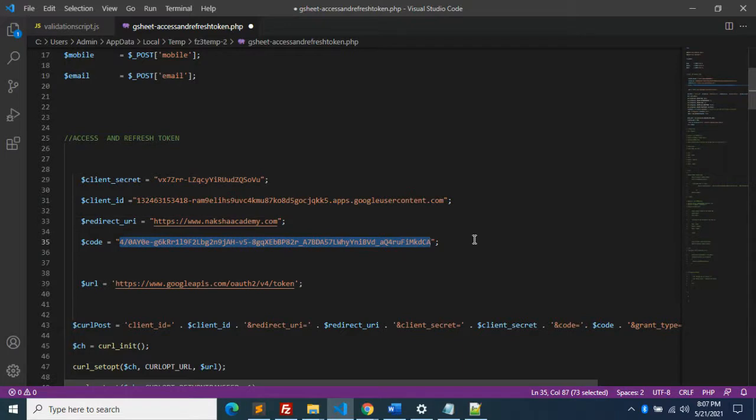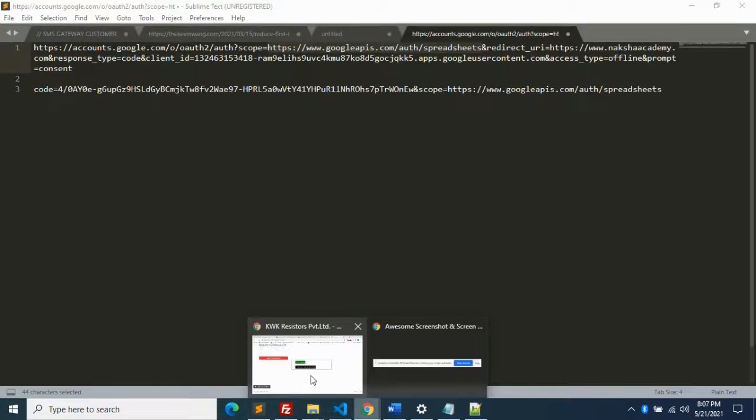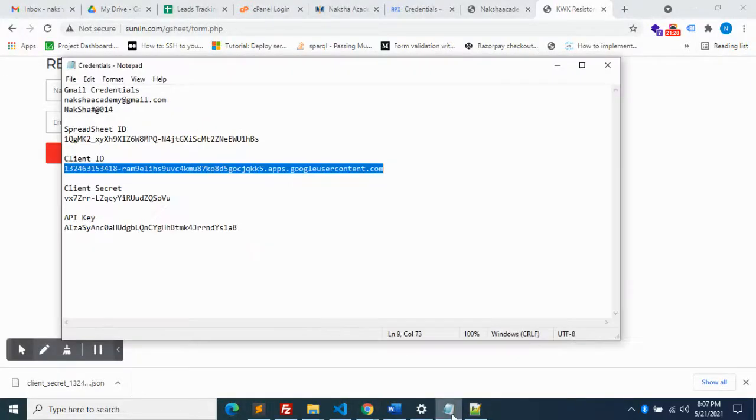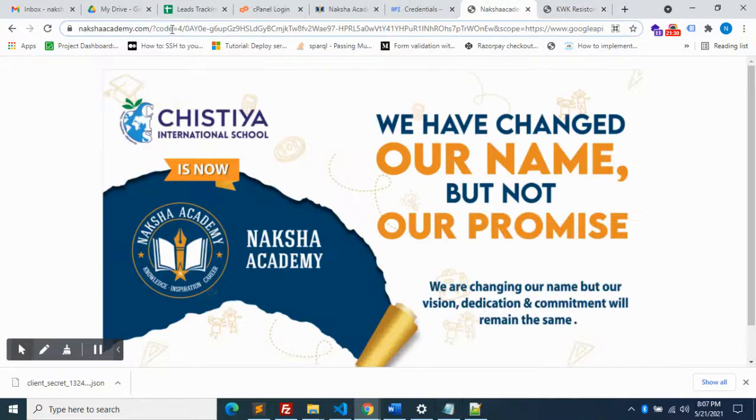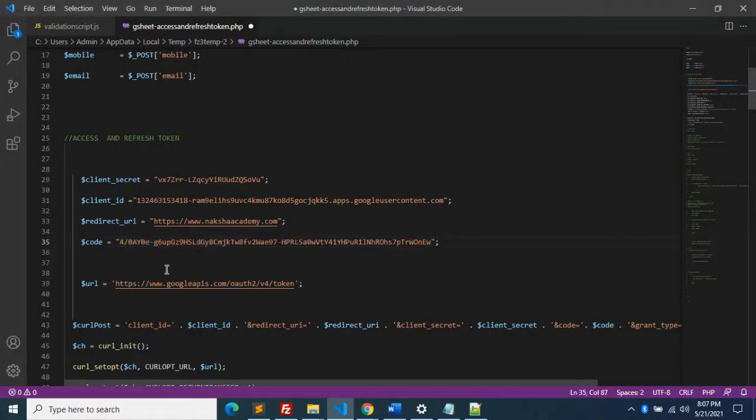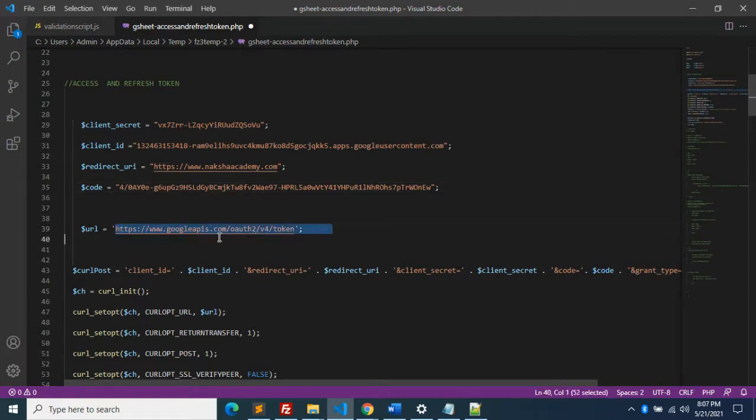Then you have a code. This code will be valid for 5 minutes. We have already saved the code here, so you can take it from here. We are going to use OAuth2 for the Google API.